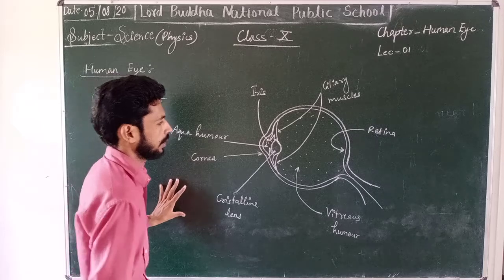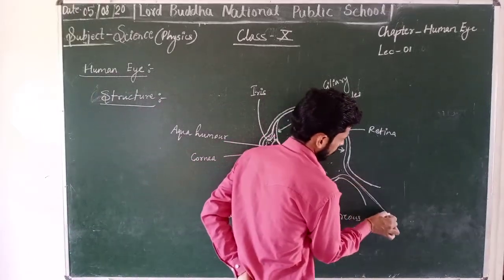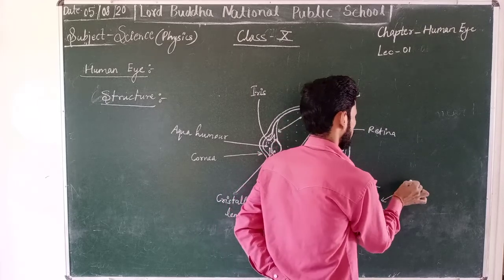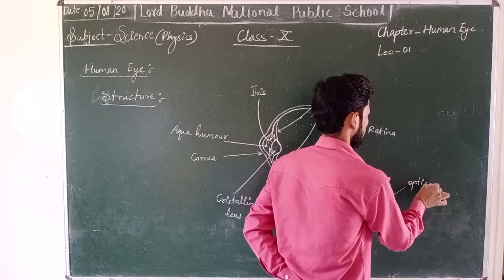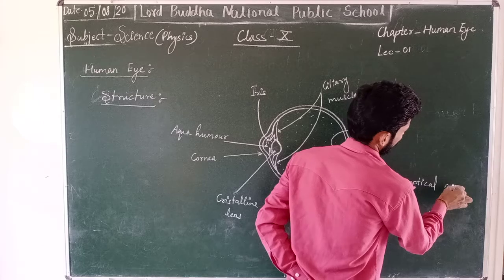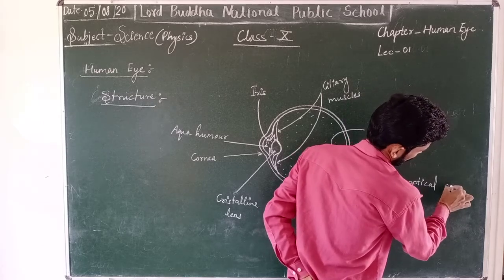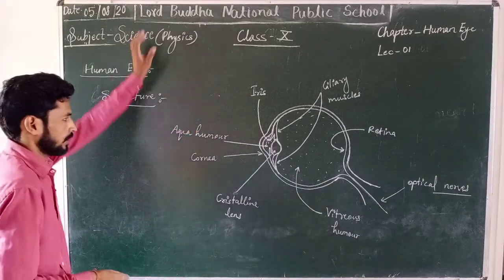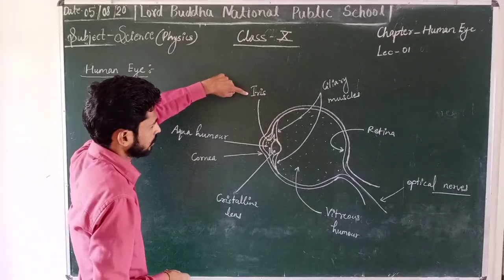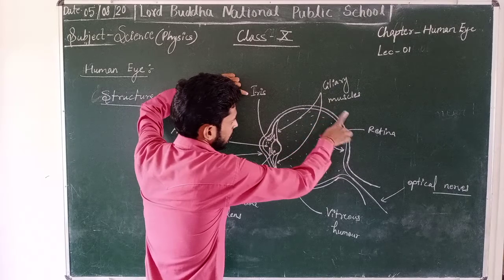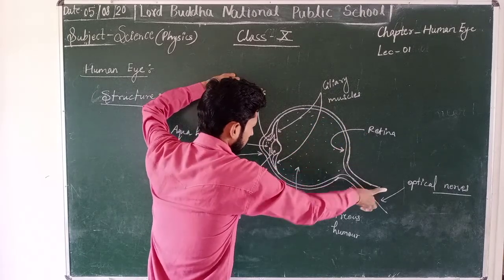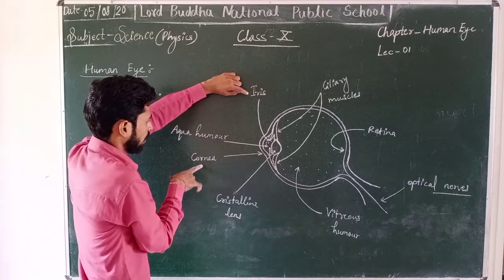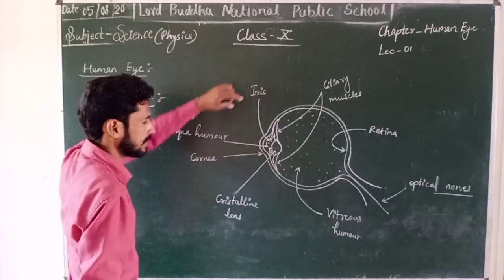इतने पार्ट्स आपको मिलेंगे, एंड ये जो स्ट्रक्चर ऐसी कुछ नर्व्स आपको दिख रही हैं, दैट इज द ऑप्टिकल नर्व्स. अब यहाँ पर जो जितने भी पार्ट्स हैं, आइरिस, ciliary muscles, retina, optical nerves, and vitreous humor, crystalline lens, cornea and aqueous humor। इन सभी का वन बाय वन